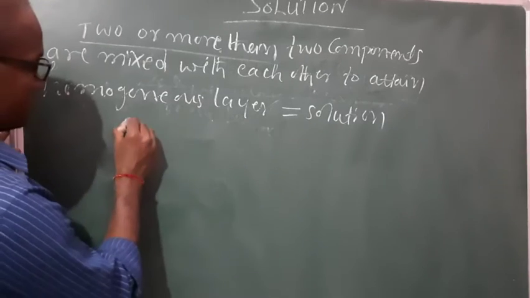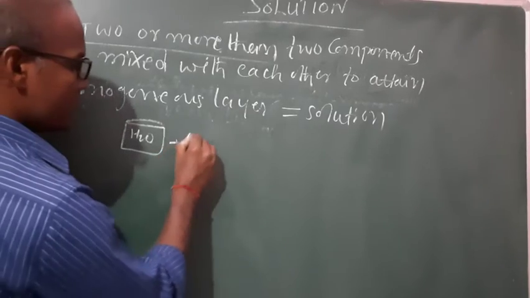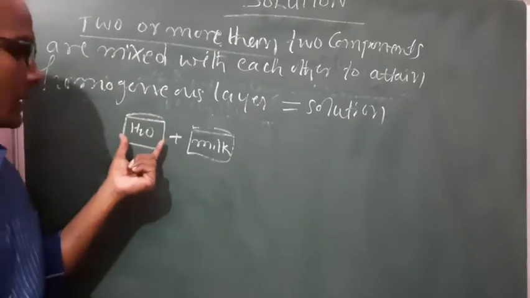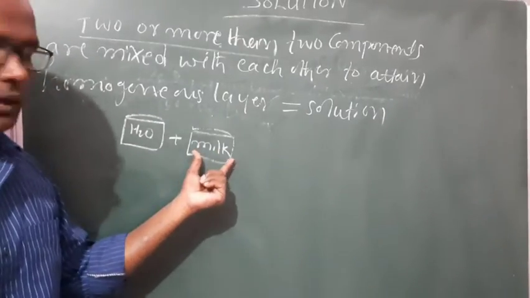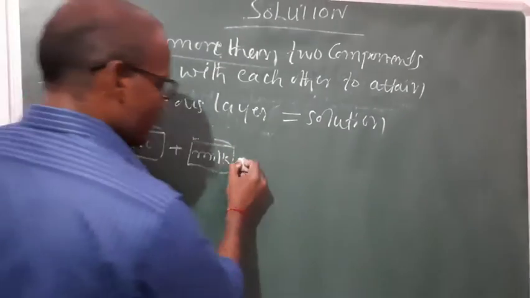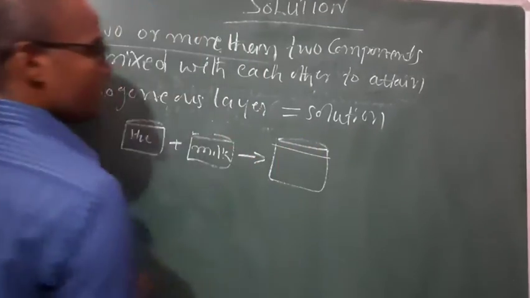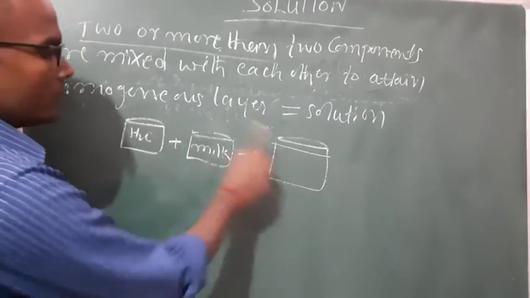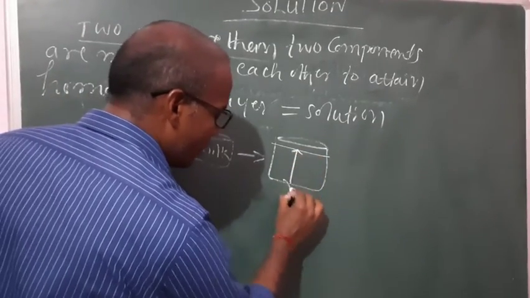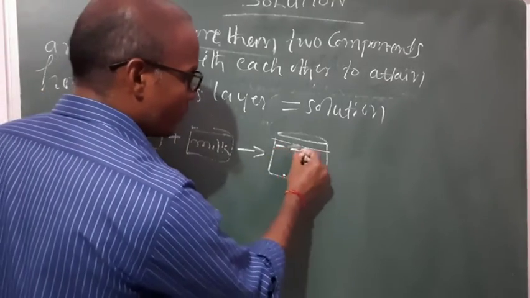Look at an example. If I am using water mixed with milk, think of a glass of water mixed with a glass of milk, where water is added to the milk. Here in this beaker both are miscible. After mixing, from the top of the layer to the bottom, only a single layer is present, like this.